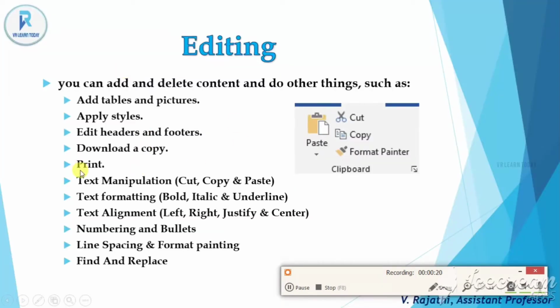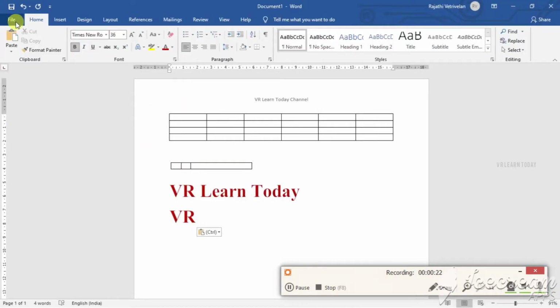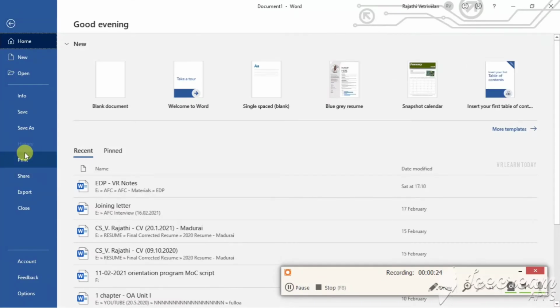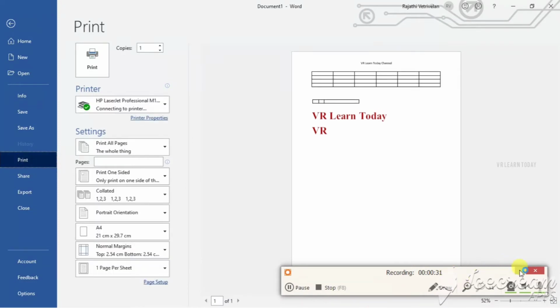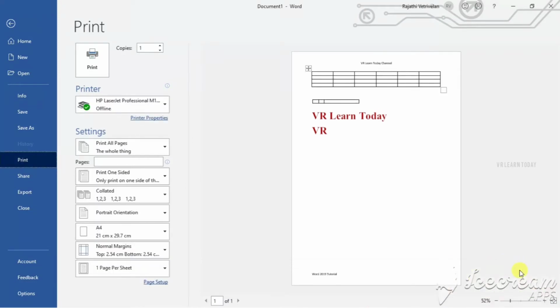So next one is print. The print option is nothing but you have to go to File and just click Print. If you have connected your system with a printer via the USB cable or Wi-Fi, you can directly go for the printing.